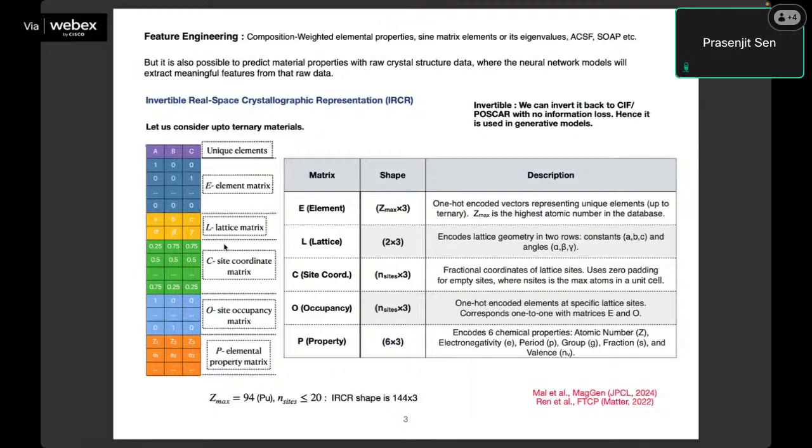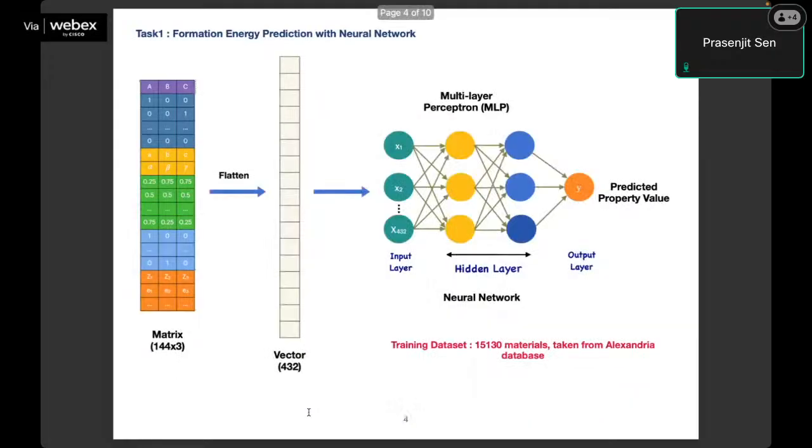Now, once this representation is ready, let's see what the size of this IRCR will be. In our case, Z max is 94, n sites is 20. So the IRCR shape will be 144 cross 3. Now our first task is to predict the formation energy using a neural network with this IRCR representation. First we have to flatten this matrix to a vector. So in this case, it will be a vector of length 432, and we will pass this vector to a